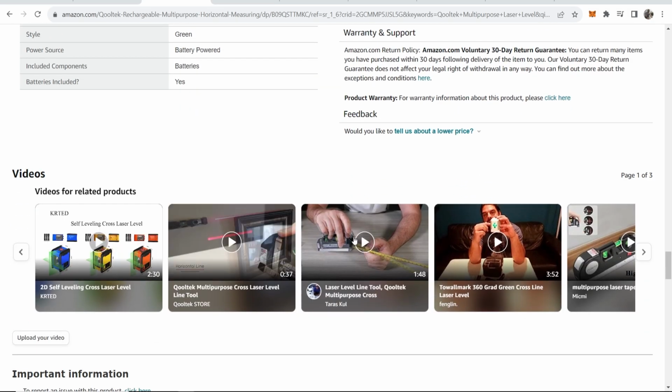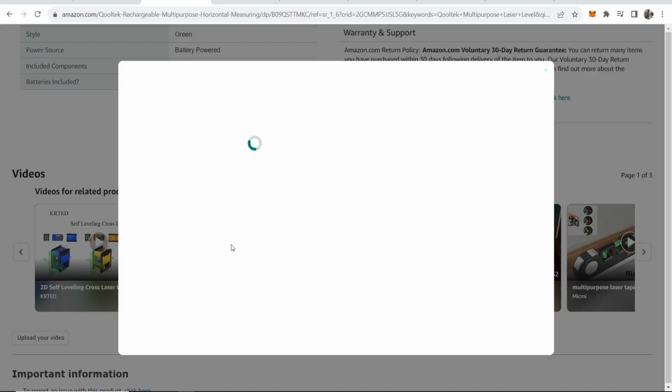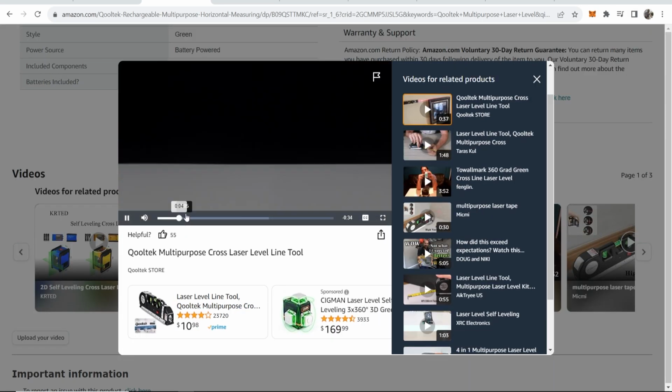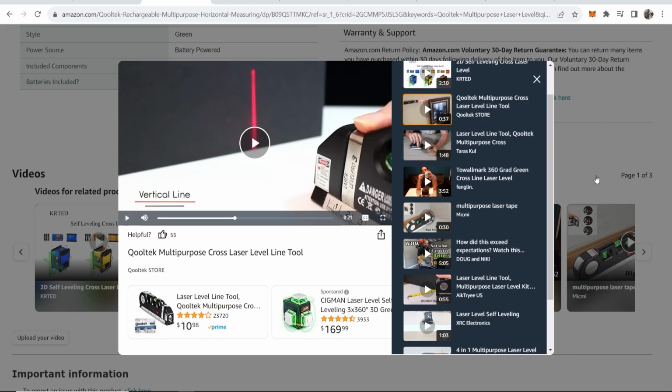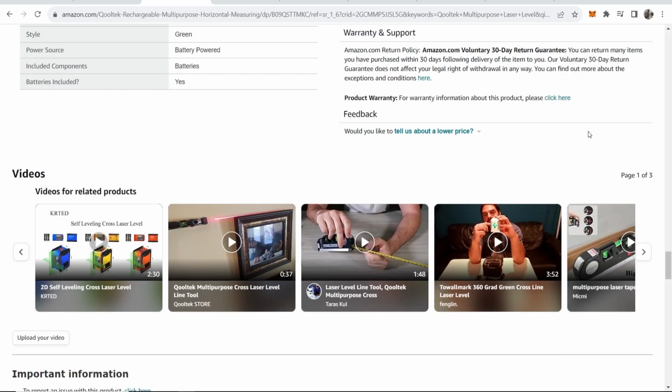Also, I would look in the reviews. Like here you can see videos, and some of these might be good to upload to Twitter. So let's just take a look at this one here. And for Twitter, you don't want a 30-second video, you would just want a short demonstration. So this product doesn't have any amazing videos, but what I would do, and this is a great way to